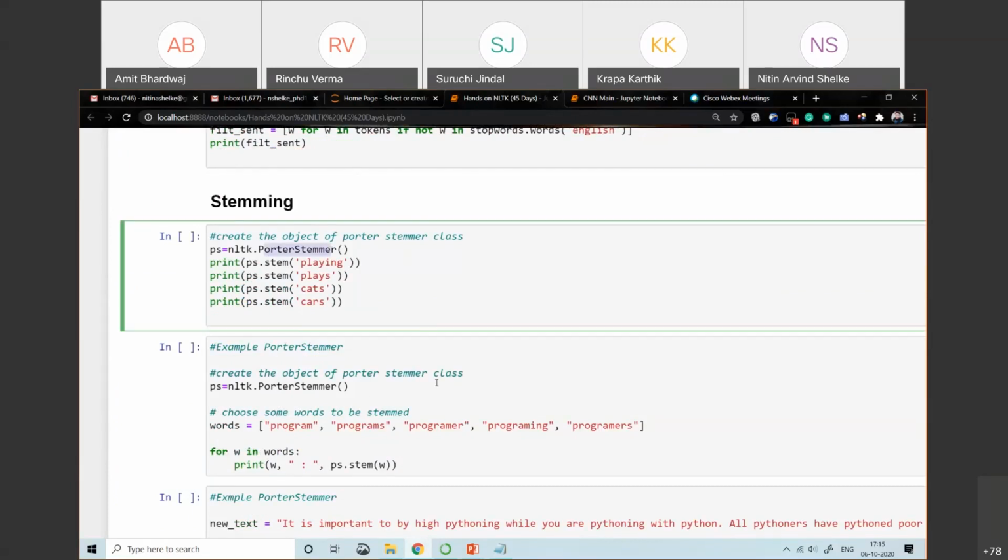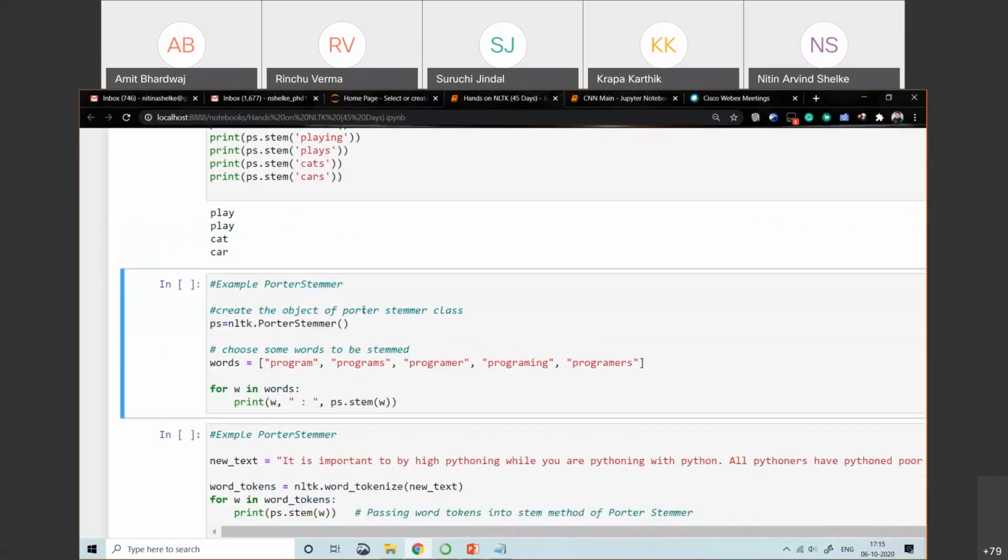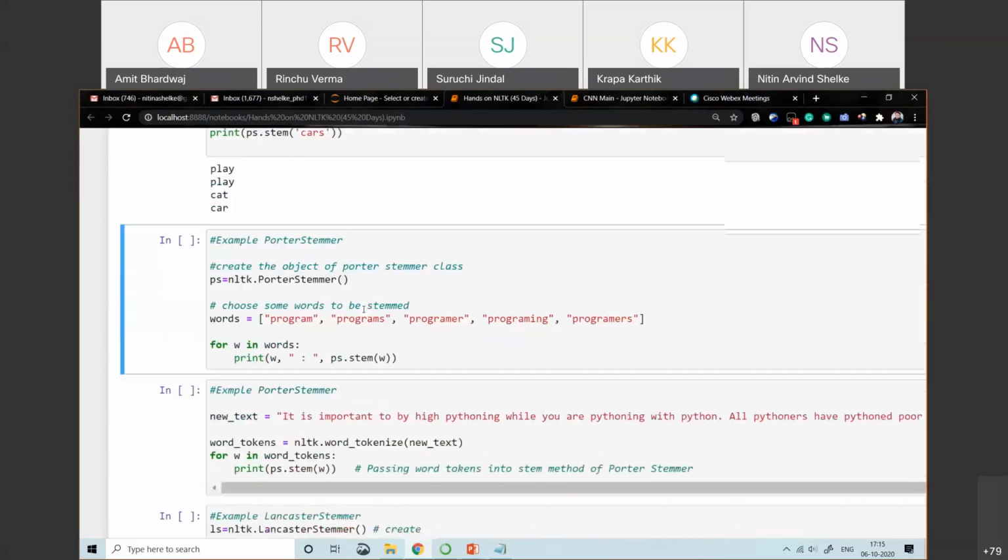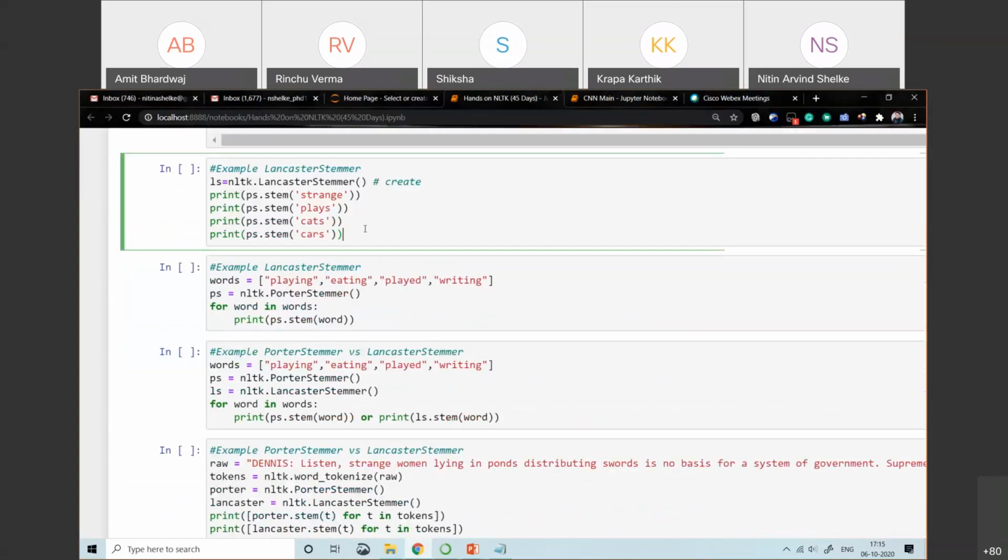As a part of stemming we have these two stemmers. First, we create an object of the PorterStemmer class, then use the dot stem method and pass the particular word on which you want to apply stemming. This is the example we discussed for the Porter stemmer. Then for the Lancaster stemmer, same: we create an object of the LancasterStemmer and then apply the dot stem method.